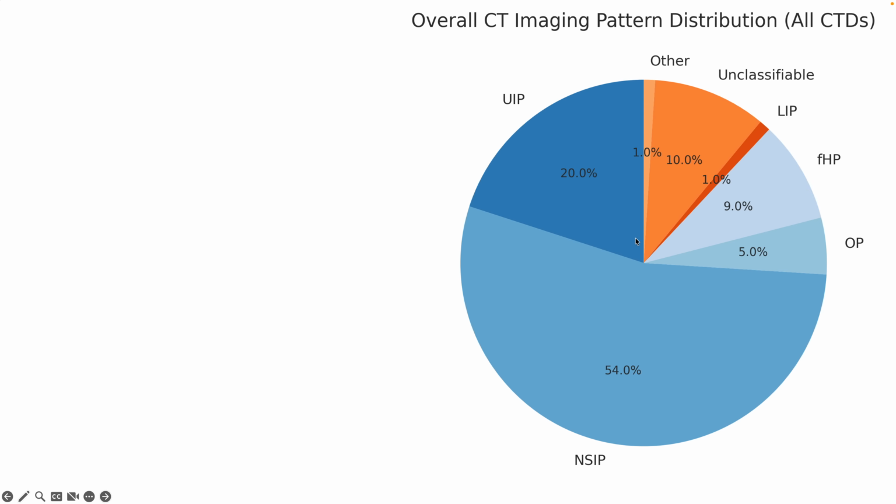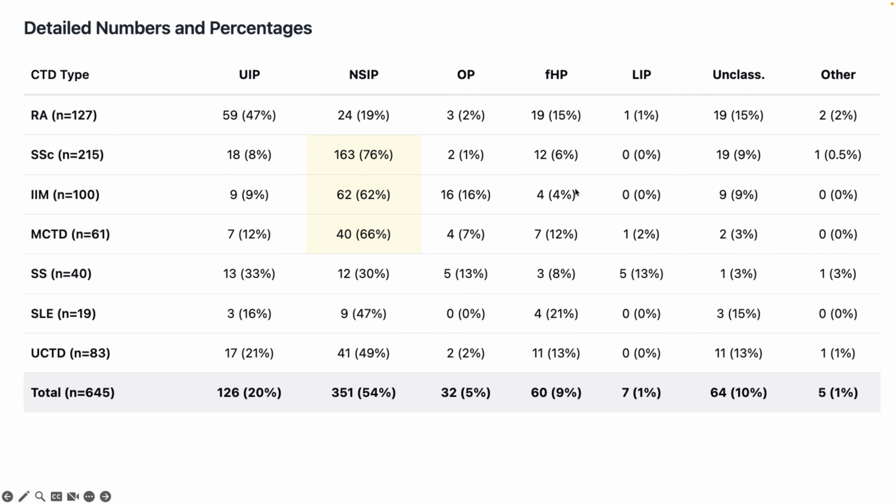And another way of looking at it is this: about half the CTDs will have the NSIP pattern, but the fibrotic HP pattern is in 9% and then 20% UIP, etc. And then these are the raw numbers of the various connective tissue diseases and the dominant pattern that we have. And I distilled this from the paper because it's a useful placeholder for us,